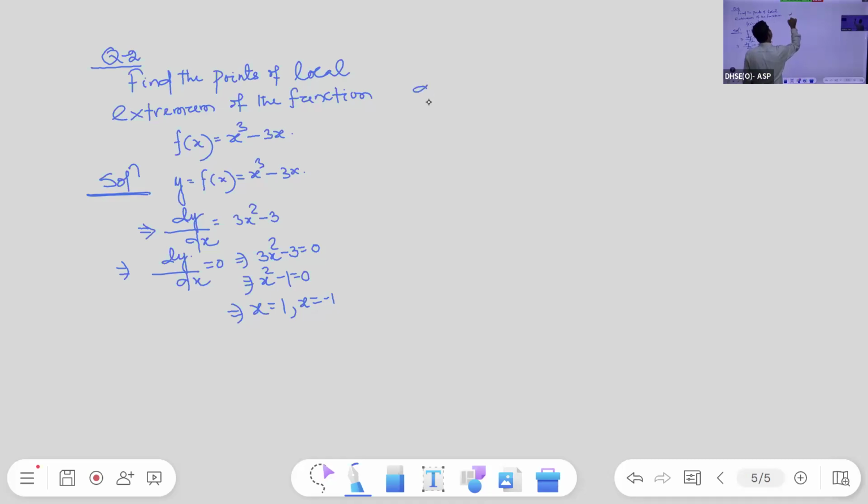So d square y upon dx square, that is d upon dx of